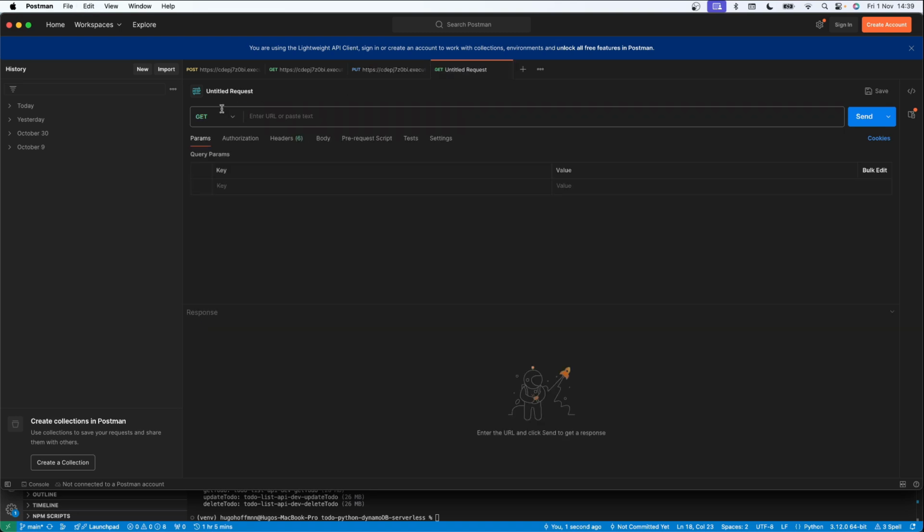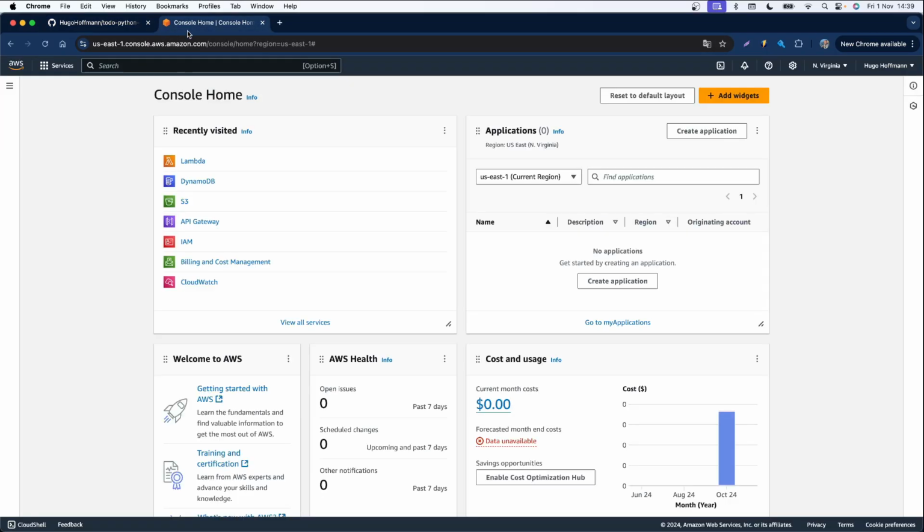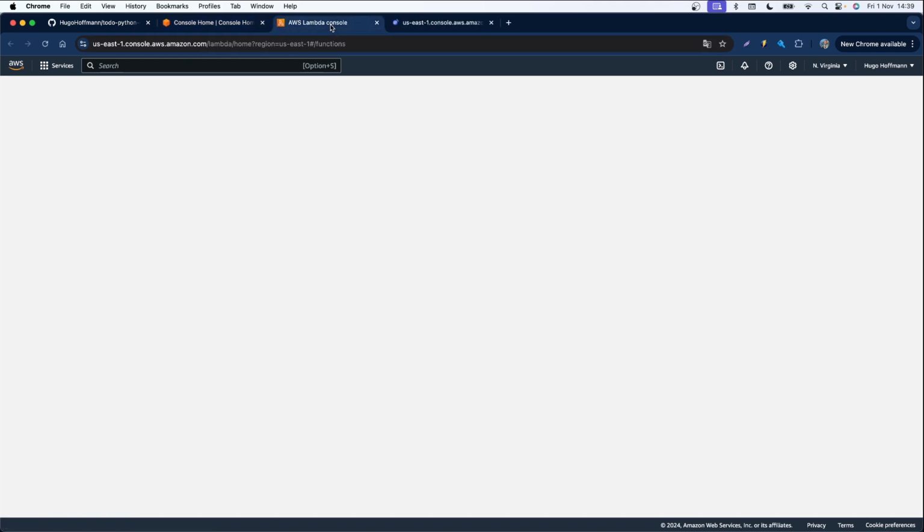So for the last endpoint, let's test the delete. I just have to pass our URL with our to-do ID. Let's execute, and we've got 204 no content success. If I try to get the item again, it's returning 404 not found, and our error message, to-do item not found. Alright, so it's working,